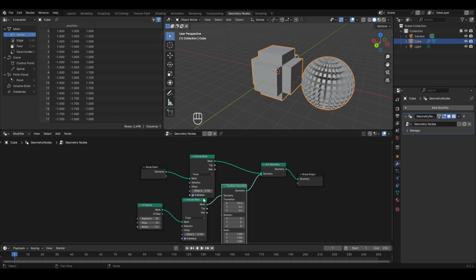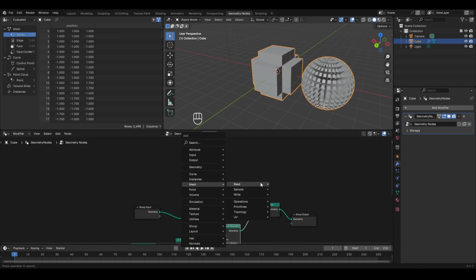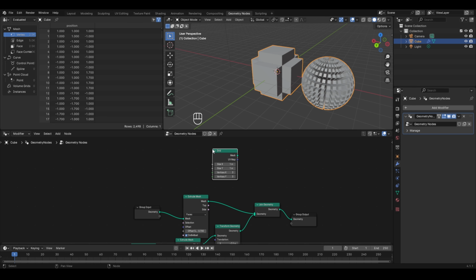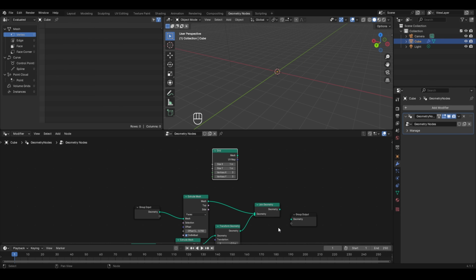Now moving ahead, the next thing that we are going to discover is the instance on points node. To see how it works, I will add a plane without deleting all these. To do this, press Shift plus A, go to mesh, then in the primitives we have this option of grid. So I'll select this and place it here. We studied in the last chapter that we have to use this grid node to add a plane in our scene. To see the output here, I will break the connection between the join geometry and the output. So hold down the control button, right click and drag like this. Let's take this group output and place it here. Now to connect them together, take this mesh socket and connect it here,